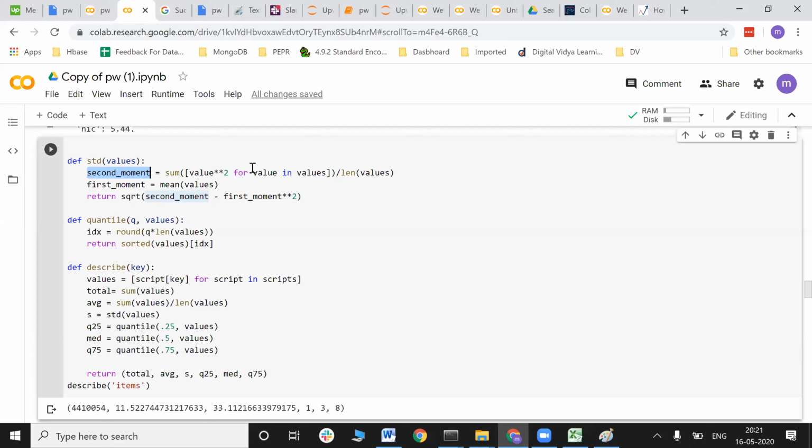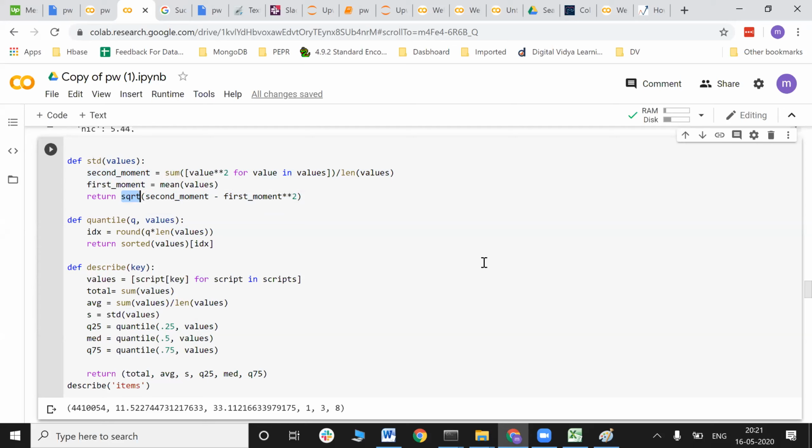See, first it is getting you the sum of all the squared values. You can see these are the squared values. This is the mean. This is the square root of what? The square root of the observed value minus the mean, squared. So you can see this is what you will get as part of your standard deviation.